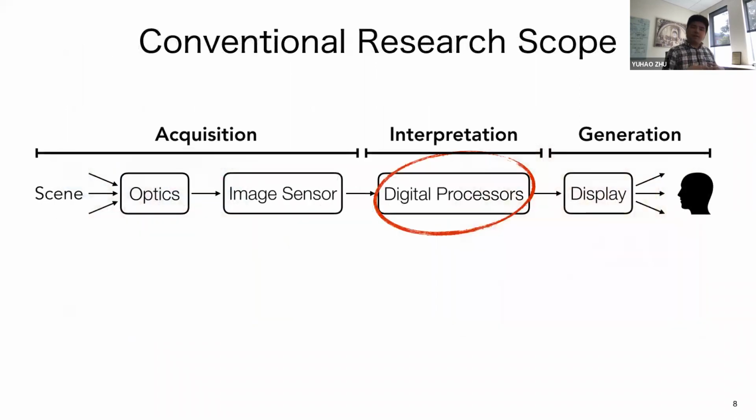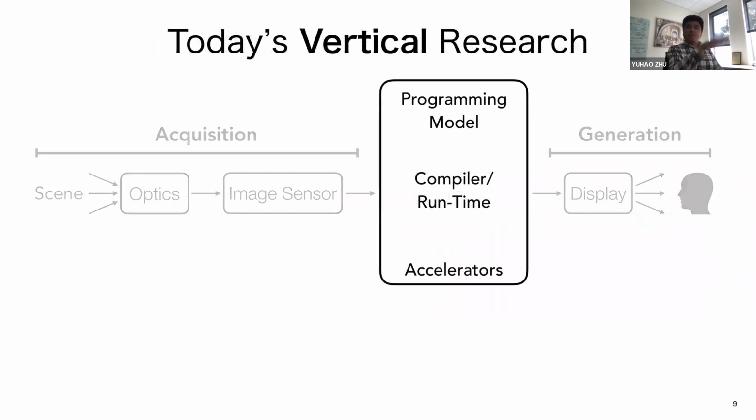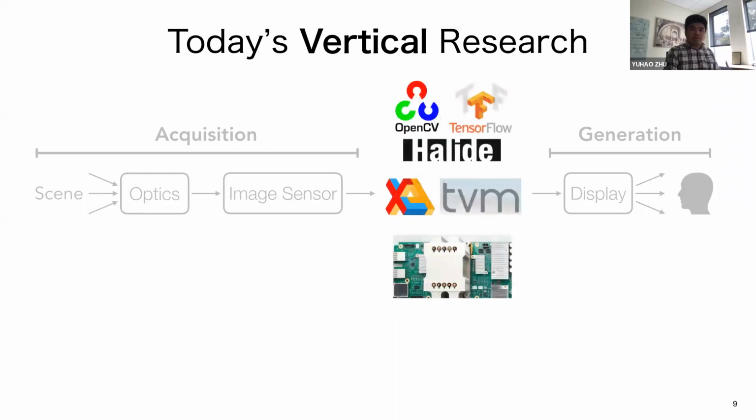And to understand that, we have to look at how today's research is. So what are we doing today? I would argue that in this community, in the architecture and systems community, we have been primarily focused on interpretation, on optimizing the processors. And we've been taking this vertically integrated cross-layer approach. We do this software-hardware co-design from programming models to compilers and runtimes and hardware accelerators, even low-level devices and so on. So it's a vertically integrated approach, and it's incredibly important. It's here to stay, right? It's not going anywhere. And so these are just some of the concrete examples.